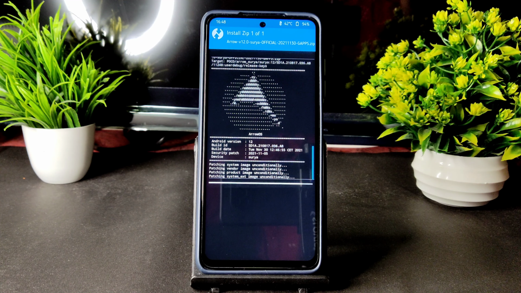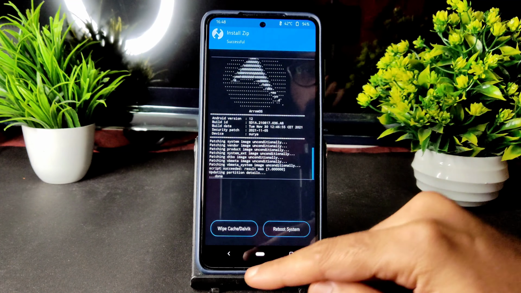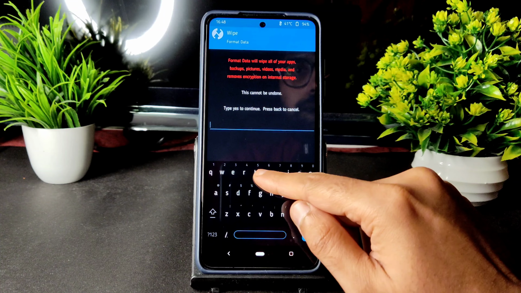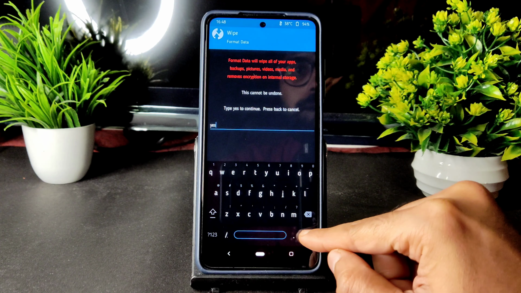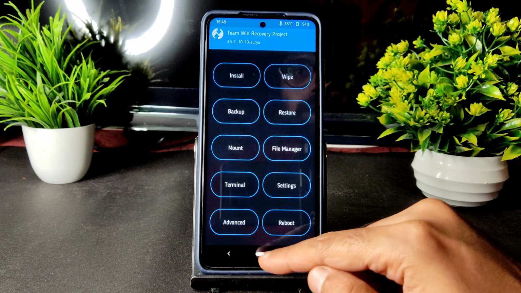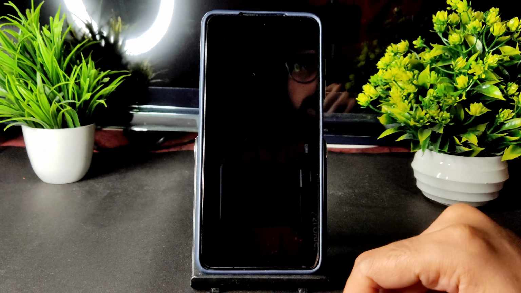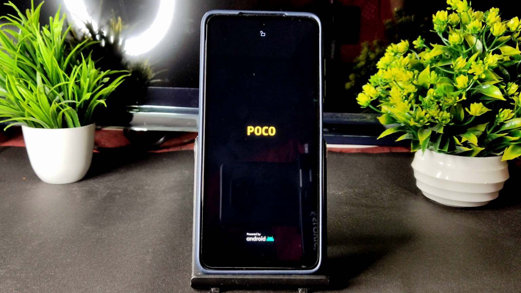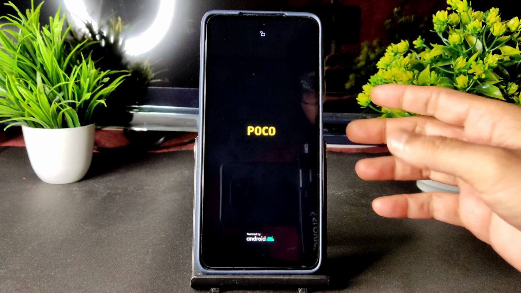And by the way, the ROM has been flashed, as you can see. Later you need to go into wipe and again format data, YES. That's all. And go to reboot and select system. That's all guys. I hope you won't go into boot loop after this process. If you still go into boot loop, either you have downloaded the wrong ROM file or firmware, or the recovery is older or outdated. Check these things, they may make you stuck in boot loop.